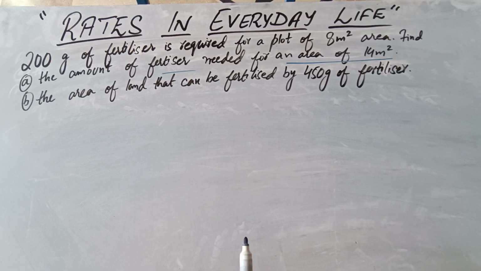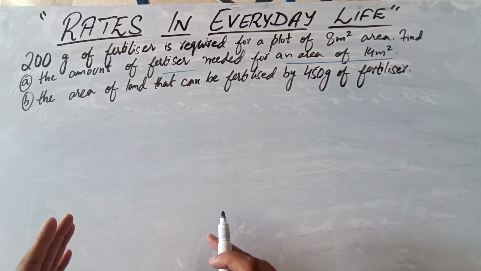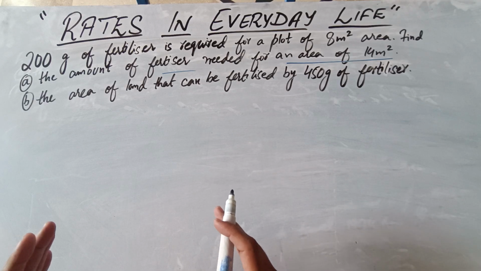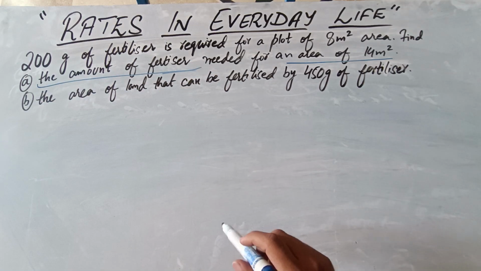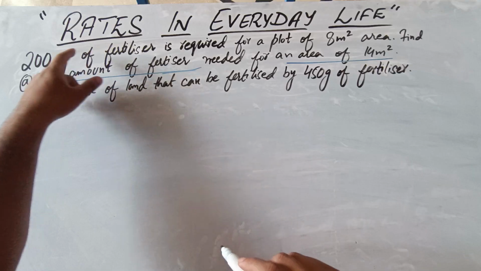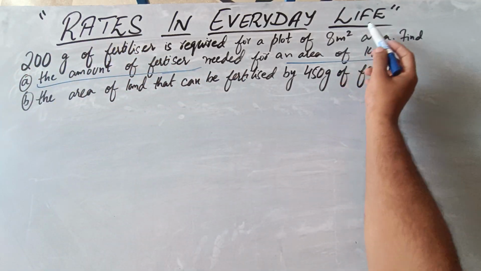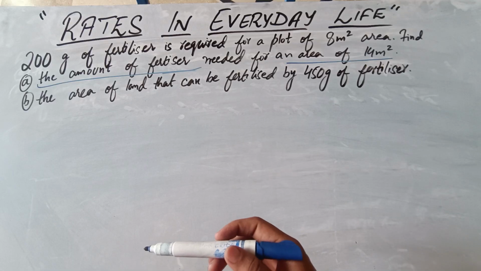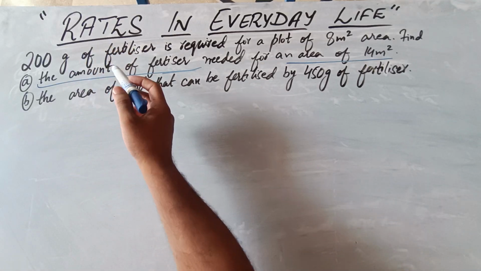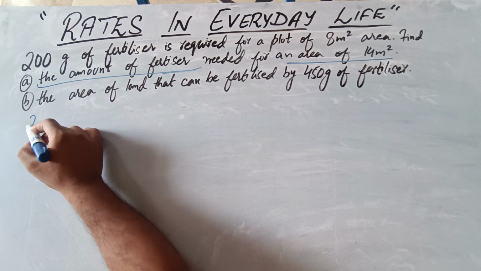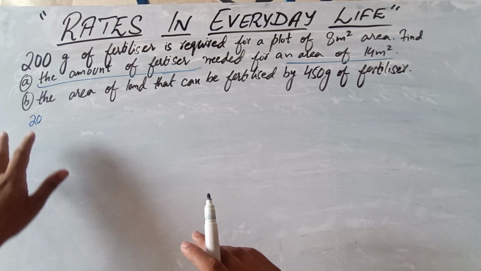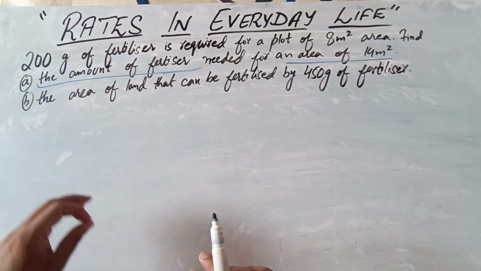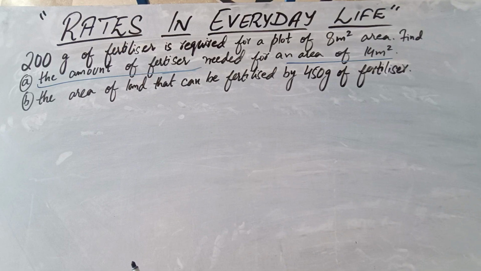So now let's look at over here. What is unknown? Find the amount of the fertilizer. So we will see that fertilizer is unknown, and fertilizer and area are given in both the cases. Whatever is unknown, we try to keep it on our right hand side. So the unknown quantity we will write on the right hand side, and the known quantity we keep on our left hand side. So how to start this question?